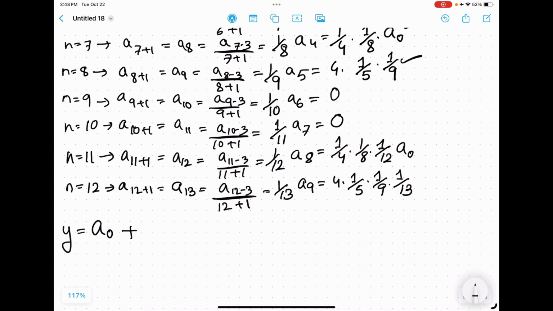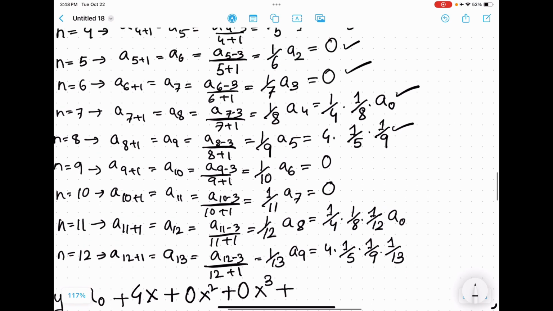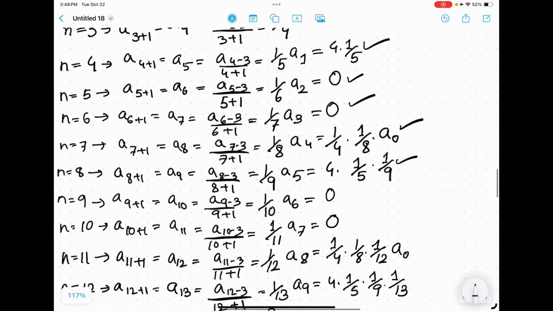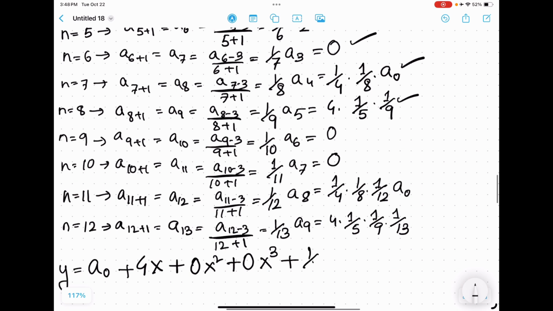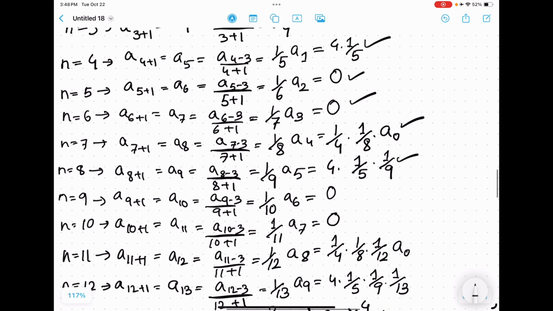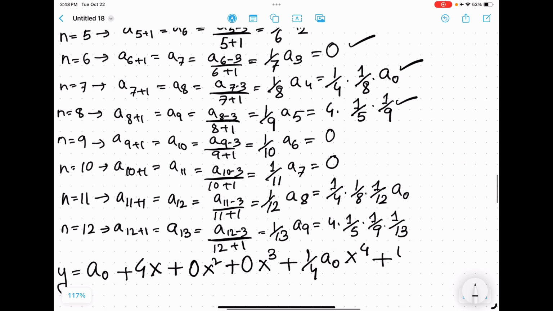And then I have my a sub 1, which was 4 times x, plus a sub 2, which was a 0, x squared, plus a sub 3, which is also a 0, so x to the power 3, plus a sub 4, which was 1 by 4, a sub 0, so I have 1 by 4, a sub 0, let's not forget the power 4, and then I have my a sub 5, which was 4 times 1 by 5, so 4 times 1 by 5, again, can't forget my power,